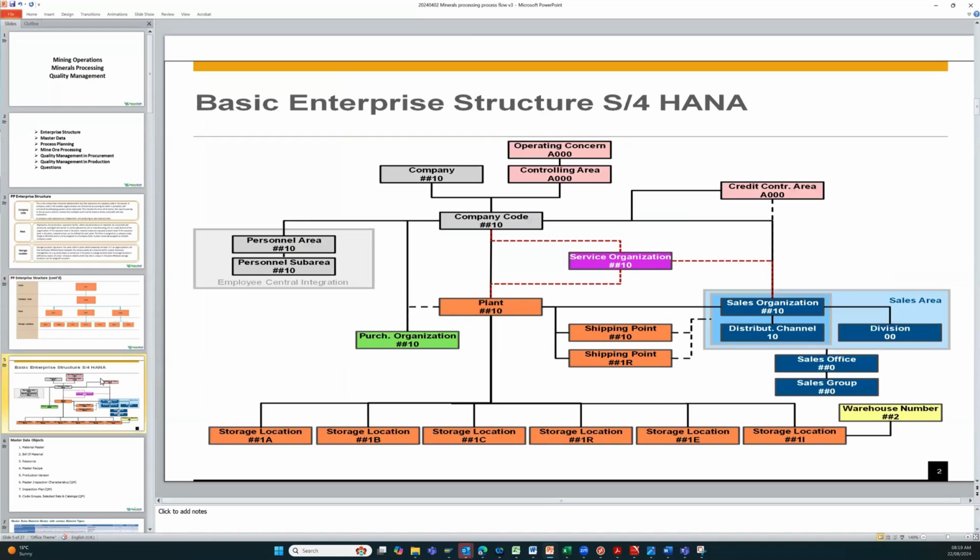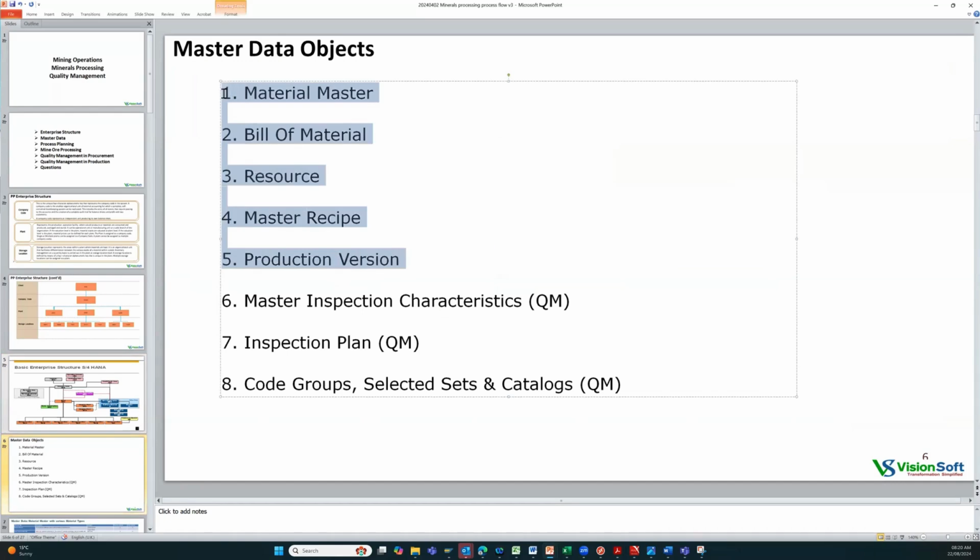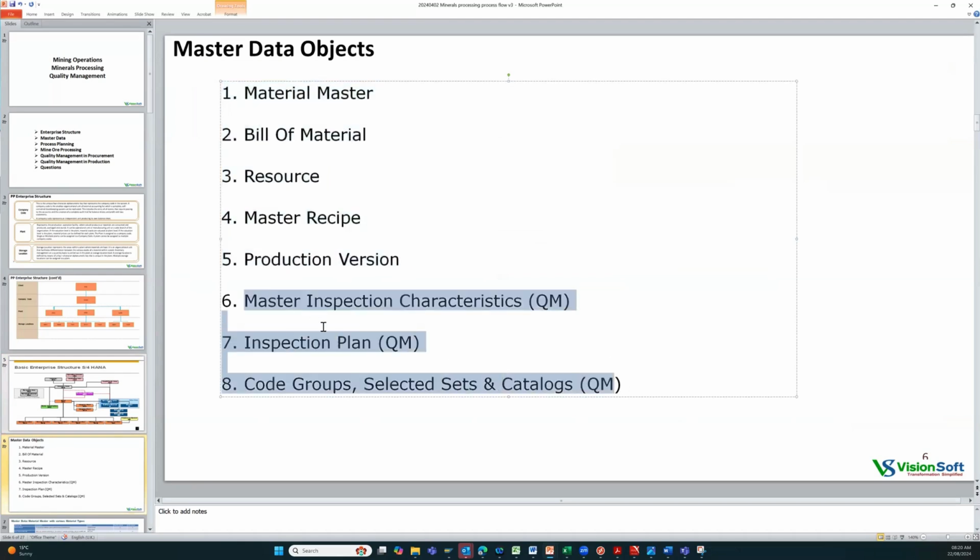Any more questions around this before we move on to master data? Okay. For master data, these are the master data for SAP production planning and SAP quality management. The first five are production planning related, and the other three are all quality management related. I'll just try and